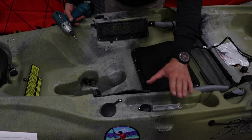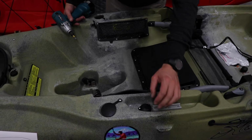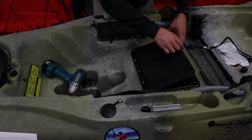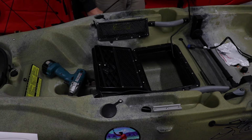So now that we have our gear track mounted, next step is to remove the through-hole fitting just in front of our gear track. So unlike the one underneath the seat, this one just has 3 screws that we need to remove from the top side. Okay, now that we have that removed, what we're gonna do is take our transducer wire and run that guy